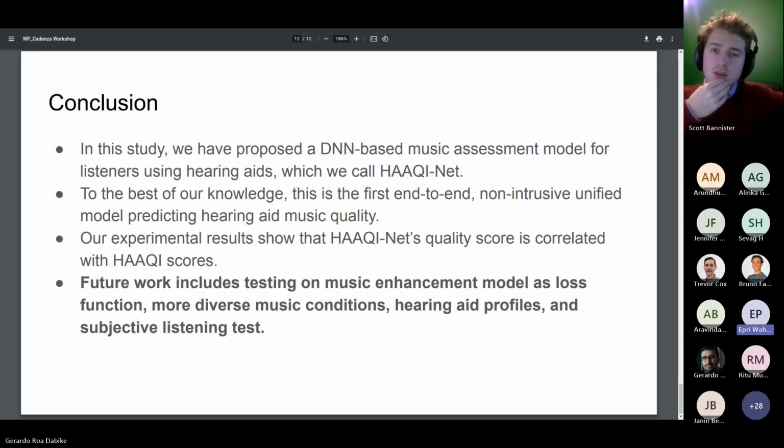This work still has a lot to be done, and as I mentioned, we need to test for diverse music conditions and hearing aid profiles, because we need more hearing loss types than those provided by the organizer and used in the subjective listening test. Okay, I think that's all from my side. Thank you.